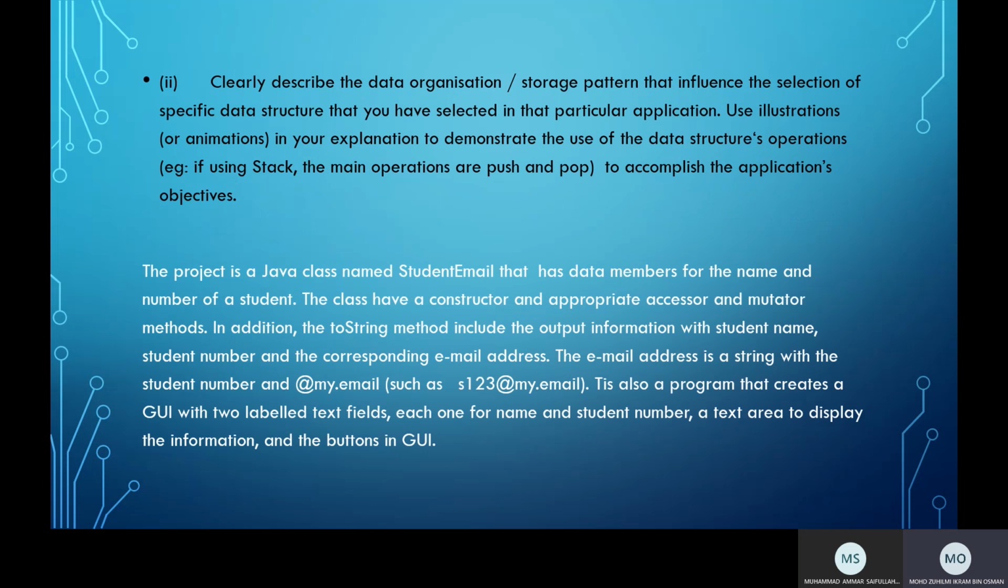So this project is a Java class named StudentEmail that has data members for the name and the number of the student. The class has a constructor and appropriate accessor and mutator methods. In addition, the toString method includes the output information with student names, student numbers, and the corresponding email address. The email address is a string with the student number and the end of the email, such as